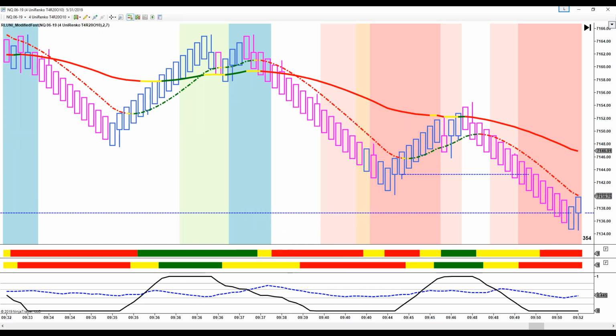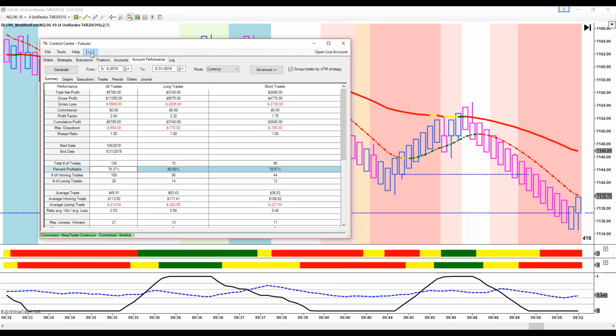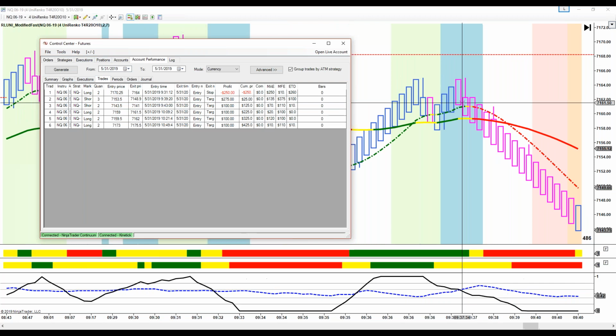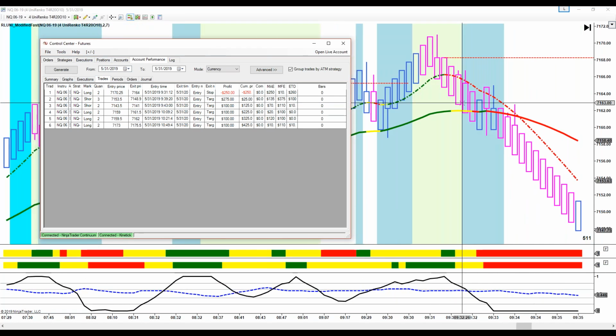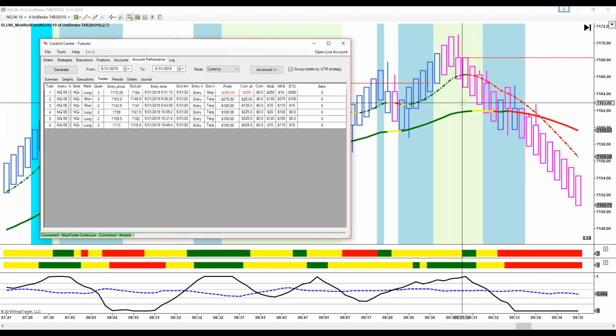Right off the dome. You're not going to see this happen many places. Here's the 31st. Here's our trades right here. I'm going to show you a horrible trade I took. It's really a bad trade. I took it